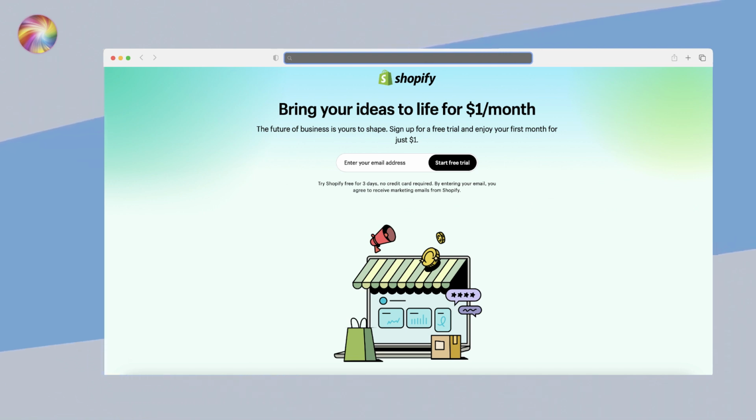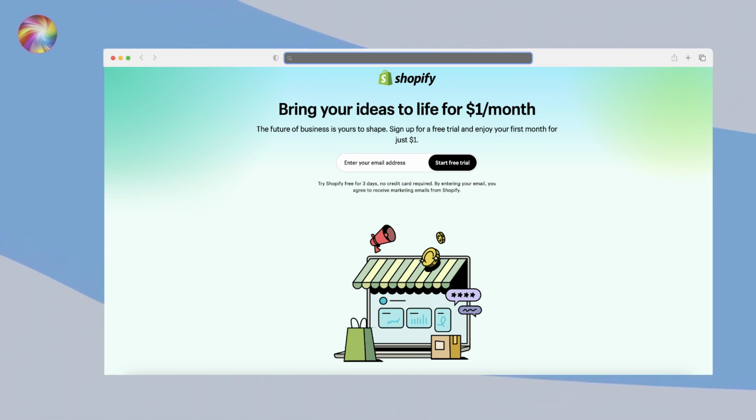Cons. Transaction fees. Unless you use Shopify Payments, you can expect transaction fees from external payment gateways that add to operational costs. Limited customization. While Shopify offers numerous themes, advanced design customization often requires some coding knowledge or hiring a